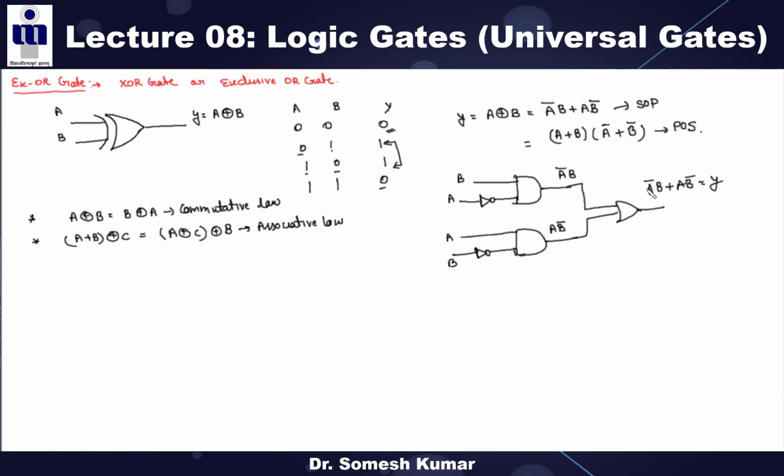Here we can ask: your XOR gate consists of how many transistors? In the previous lecture I already told you your AND gate can be made with the help of two transistors. So two transistors for that, one transistor with this, one transistor with this, and two transistors with this, right? So total 8 transistors. This type of question can be asked.